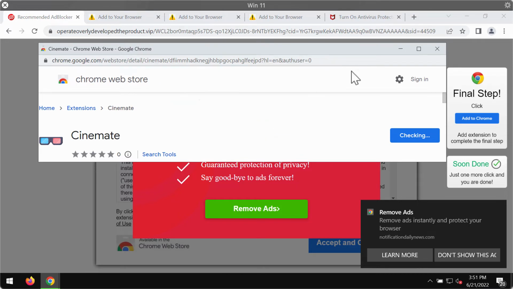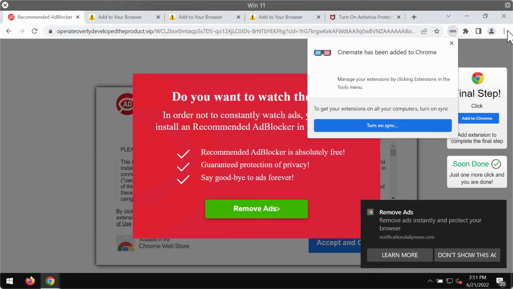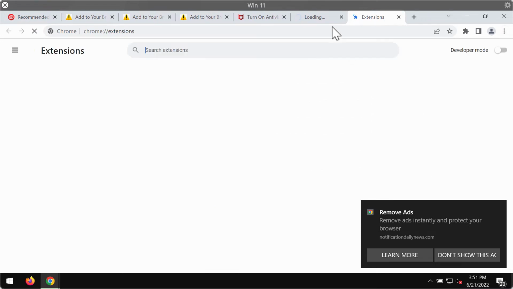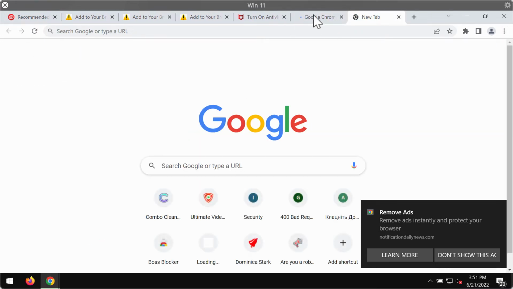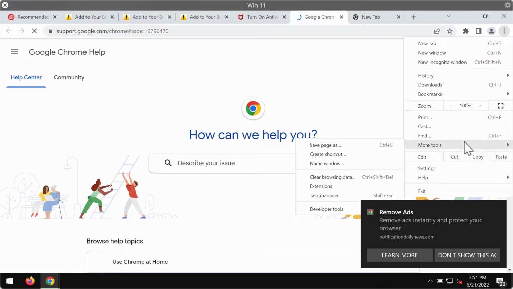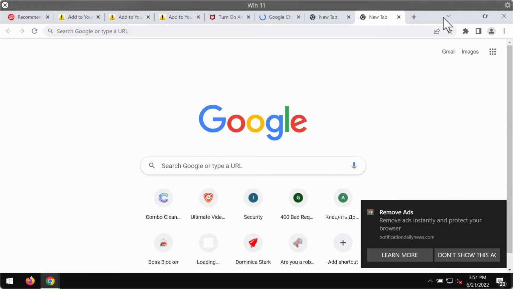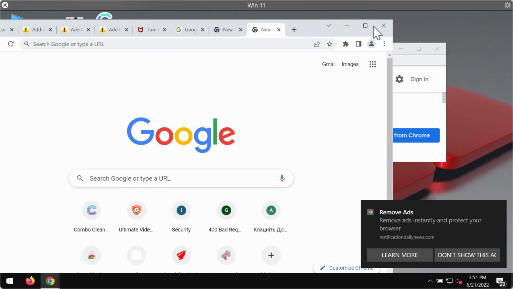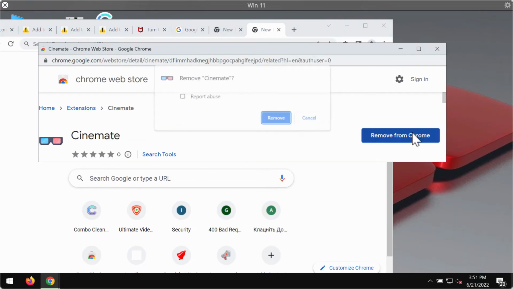Now I'll explain to you how to remove such third-party extensions in case they were mistakenly added to your Google Chrome. So access the menu, go to More Tools, choose Extensions, and then disable and delete any third-party extensions if you find them. Once again, menu, More Tools, Extensions. So if you find any extensions here that are not familiar to you, be sure to remove them from the